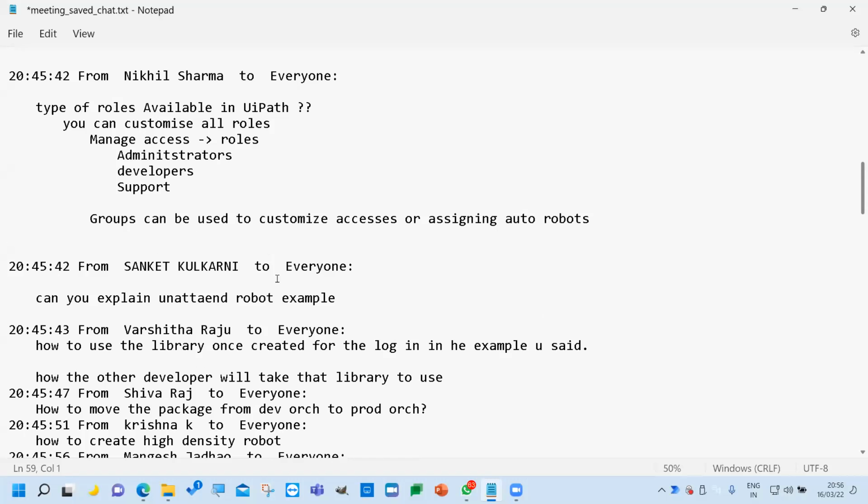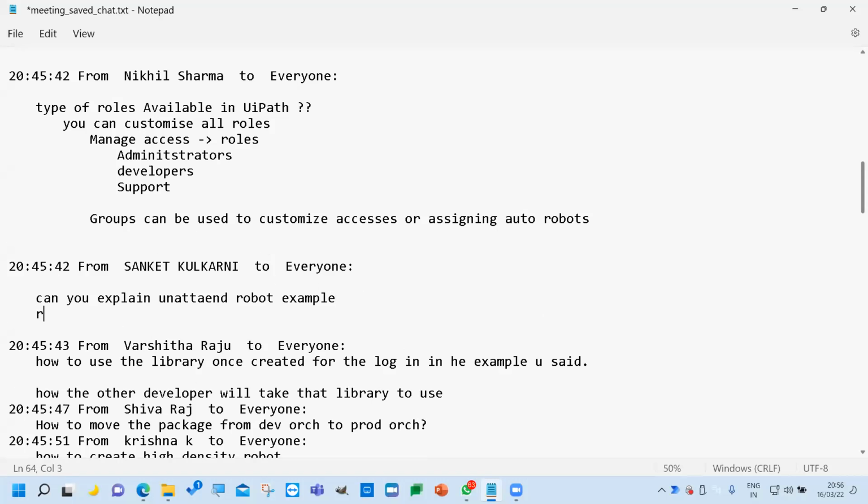Without any human intervention, if you want any process or application to happen, then you can consider it an unattended robot. But let's say you want a balance transfer from Nicholas's account to Vajrang's account, but you need somebody's authorization. That kind of thing needs a human decision to be taken care of. So if a human is required, then that is called an attended robot.